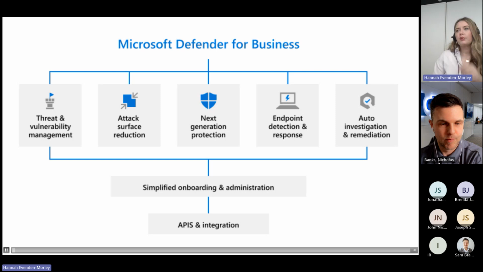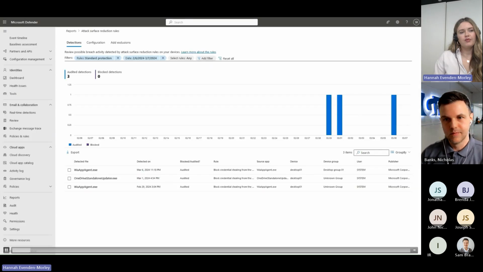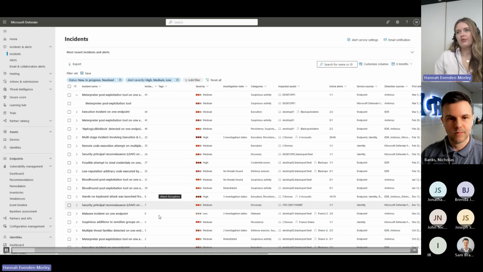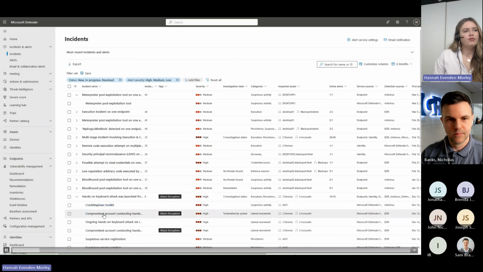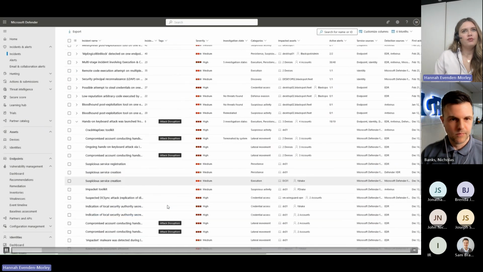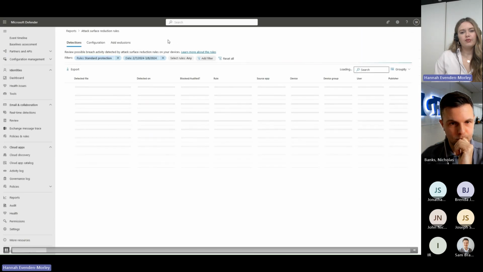Attack surface reduction rules are one of my favorite features within Defender. As a security practitioner, it can be a bit of a curse understanding just how many ways threat actors can exploit an environment. A lot of traditional security solutions look at hardening the perimeters of an organization, but lack effective internal controls. Unfortunately, exploits happen. People fall victim to phishing emails, they download malicious content. Threat actors get extremely clever at trying to find ways to subvert products like Defender and to bypass their detections